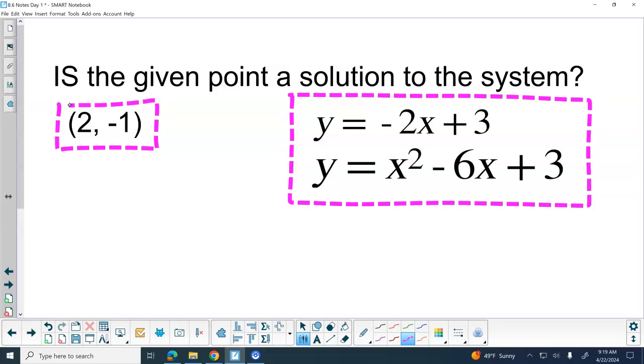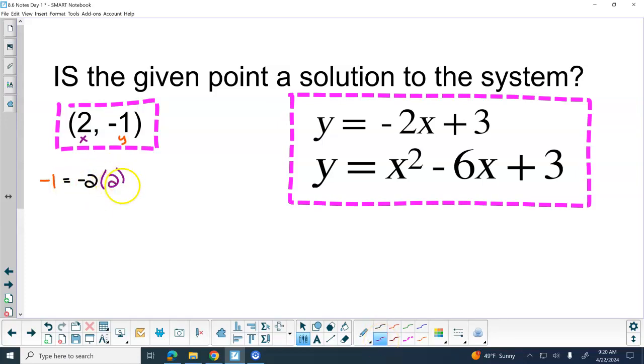How do I go about figuring out if that point is a solution to that system? Plug it in. I plug in 2 for x and negative 1 for y. So that's going to tell me that I have negative 1 is equal to negative 2